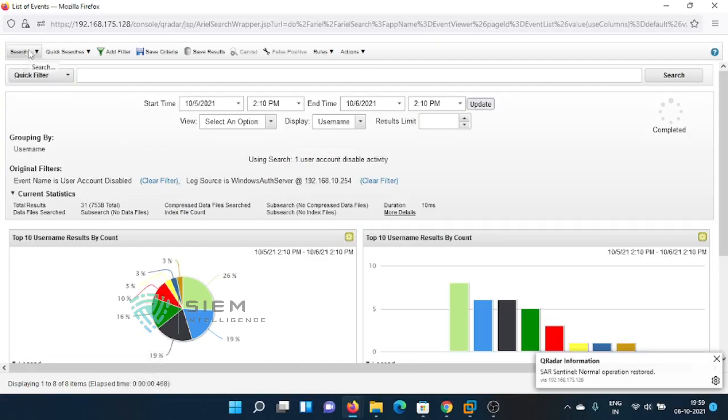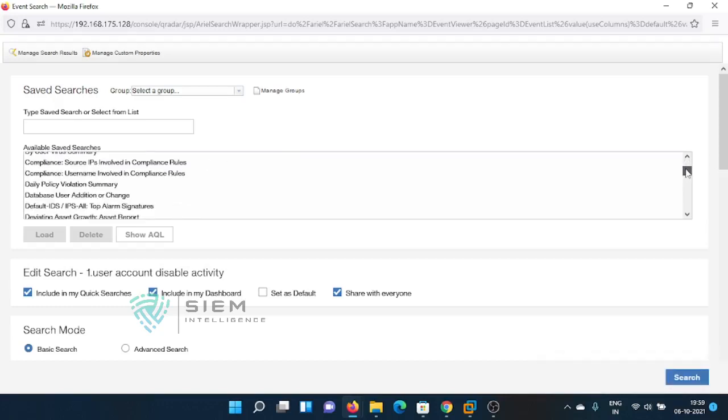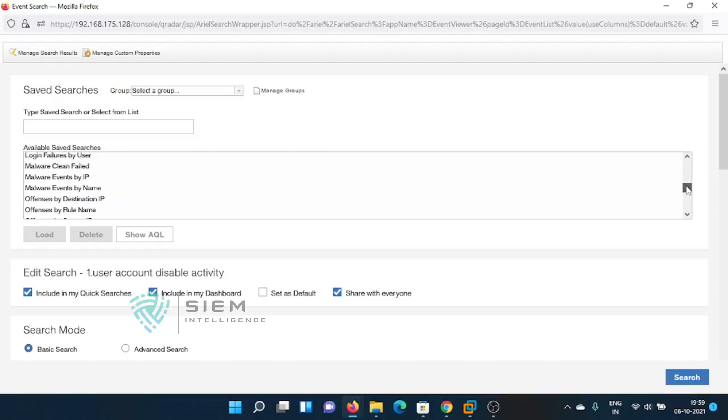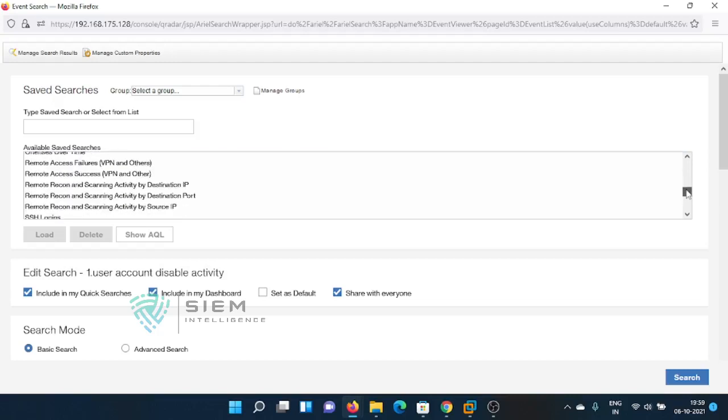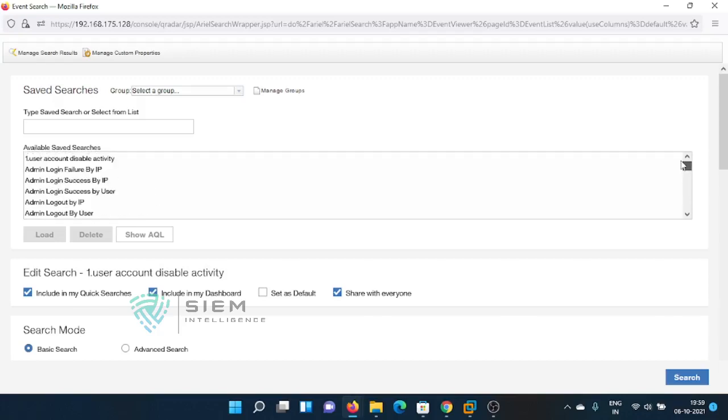So just go to search, there is something called edit search, okay. So all my saved searches are here. See, there are by default so many saved searches for the sake of your day-to-day activities, for the sake of SIEM activity. So you can see all this. See, there are so many saved searches, but on the top it is there. Why? Because I have added this number. It is always shown on the basis of this one.